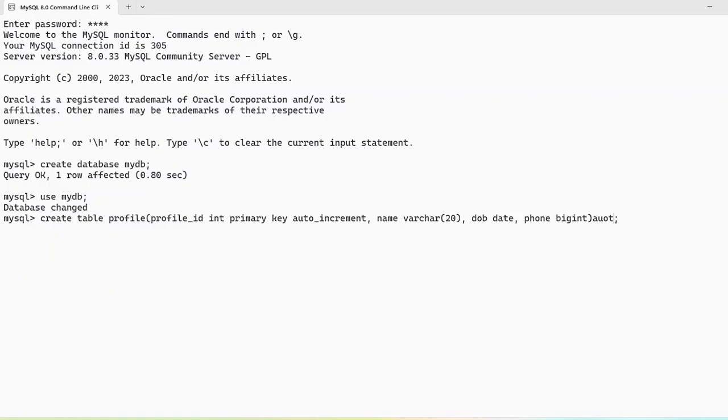We will auto increment the ID using this auto increment option, which is going to start from 1 to 3. So the table is created. The next thing we should do is create an entity